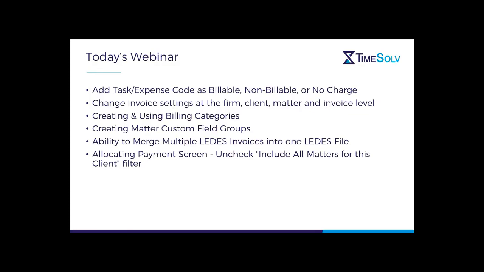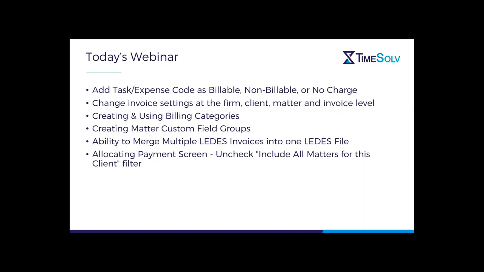And this comes to when you are allocating your payments. In the allocating payments screen, there was a little bit of confusion for some users because by default, we were displaying every matter invoice for a client, and not just the one that you had made a payment for and wanted to allocate. So you can uncheck that box, and hopefully it'll lessen some of the confusion, and more importantly, the mistake of accidentally allocating a payment towards a matter that you didn't want to.